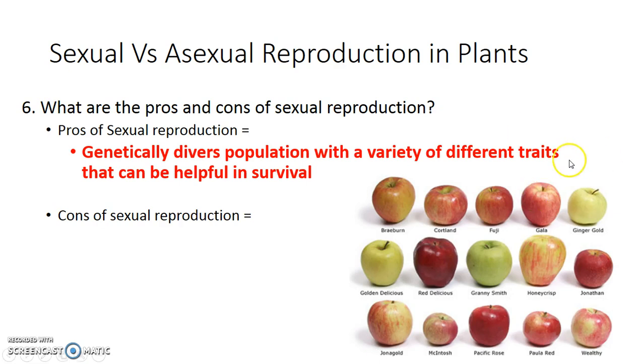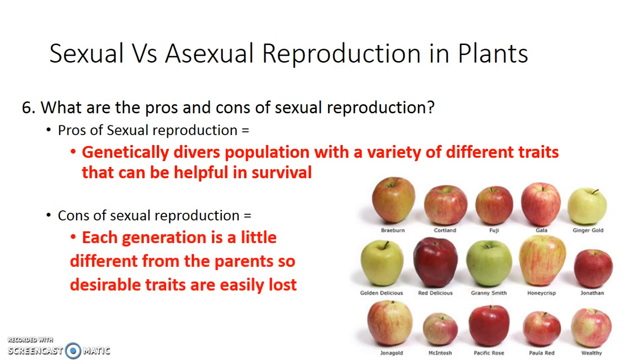If you look at all these different types of apples, all of these different types of apples are the result of sexual reproduction. Sperm from one apple plant fertilizing the eggs from another apple plant, producing very slightly different apples. If something were to happen, if there was a field of all these apples and something were to happen to that field, yeah, you'd probably kill most of them, but maybe some of them with the diverse genetics would survive.